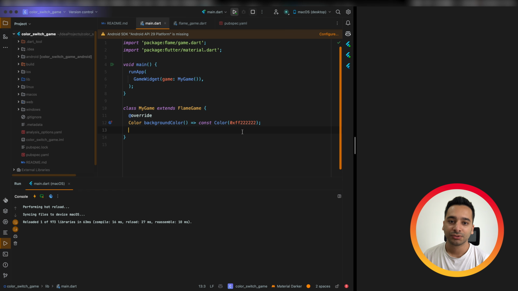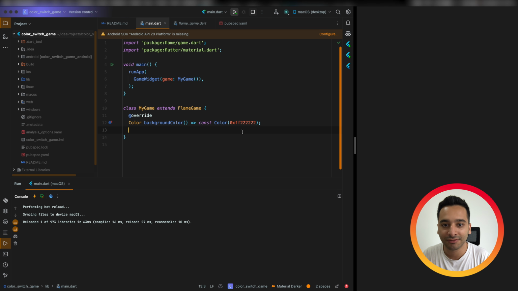Okay, now we need to learn about a new concept of the Flame game engine. We have something called component or components. Flame has not a widget tree, but a tree of components, and it works exactly like how the Flutter widget tree works. For example, you have a root component, then you add your game components, and each of them can have a list of children, just like Flutter widgets.